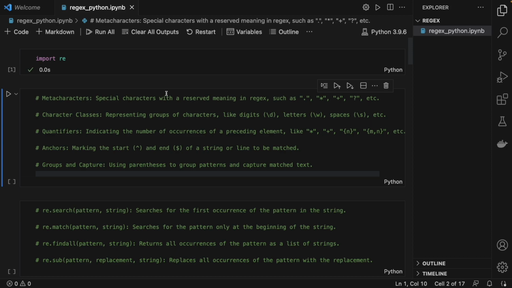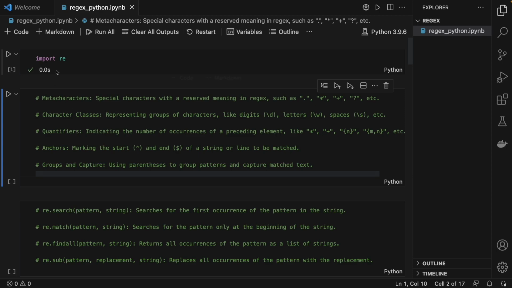So this video is about regex. Regex has been a topic that I wanted to make for quite some time now, and I decided to make a video on regex, especially in Python. Regular expressions are a sequence of characters that forms a search pattern, and regex can be used to check if a string contains specified search patterns or not. In this video, we'll be looking at some basic examples as well as what you can do with regex in